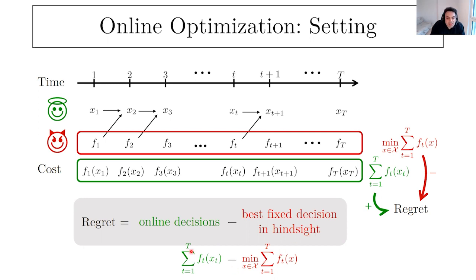Typically, the lower the regret, the better, as it sounds from the name. But it is very important to point out that the regret is not necessarily positive. The main reason is that the decision variable changes over time. It might be the case that the cost functions f_t do not share the same optimizer, and changing the decision variable actually helps in terms of cost. But anyway, that's the criterion that we have, and that's what we compare with.